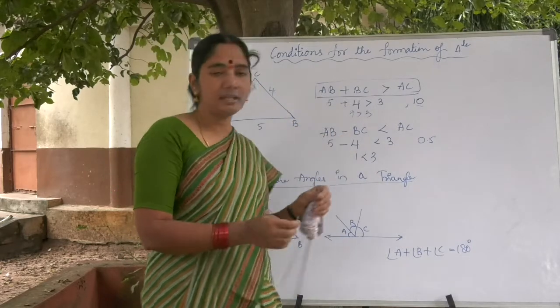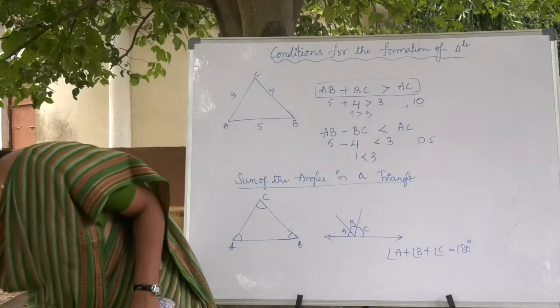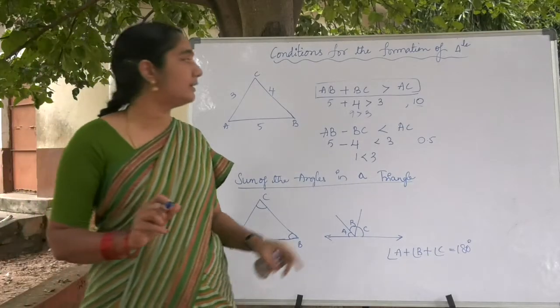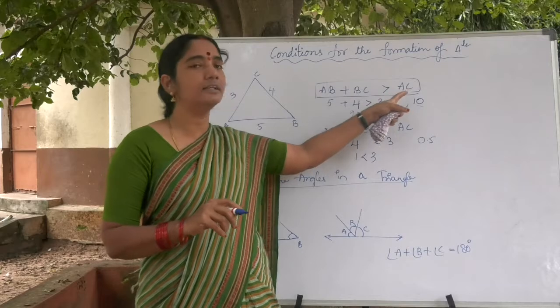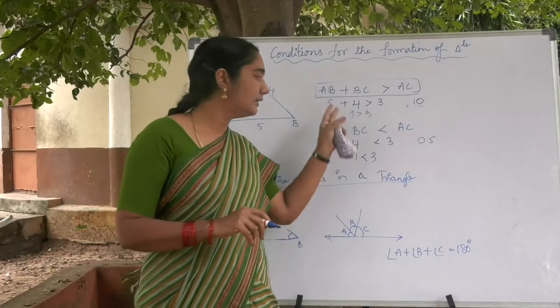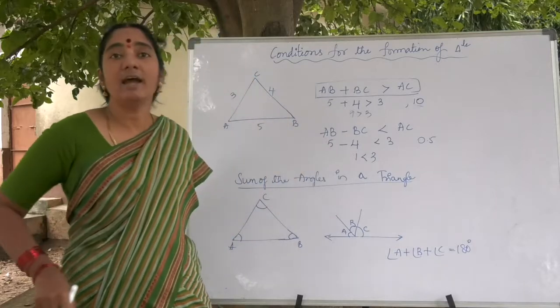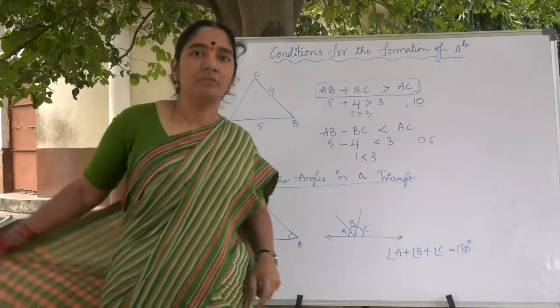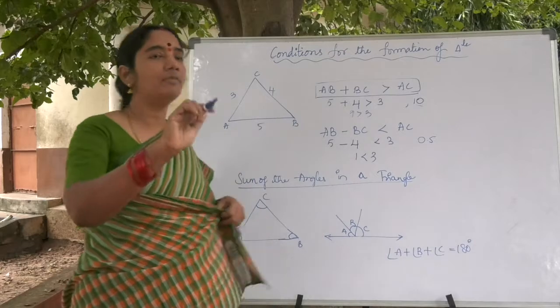So, to form a triangle, the very important thing is that two conditions must be fulfilled. That is, the sum of the two sides must be greater than the third side. The difference of any two sides must be less than the third side. These are the two things which we have to remember, because when a combination of three values is given,